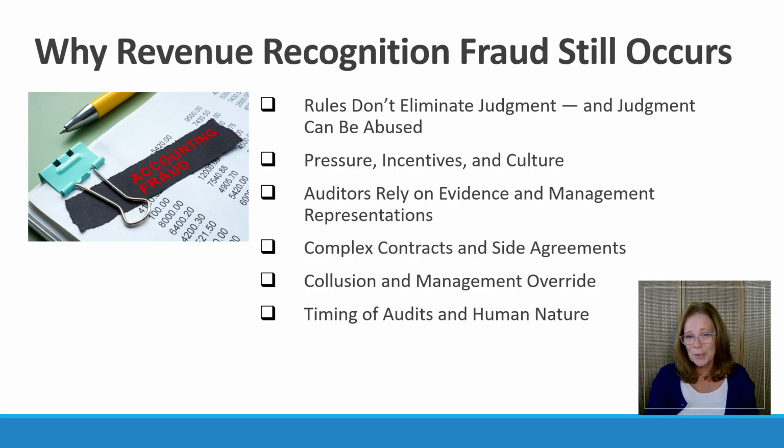Revenue recognition is one of the largest areas where accounting fraud occurs. Fraud is not always easy to spot due to the complexity of contracts and the organization. However, it's important that you know the revenue recognition standard, ASC 606, and ensure that your company only recognizes revenue when it meets the requirements.